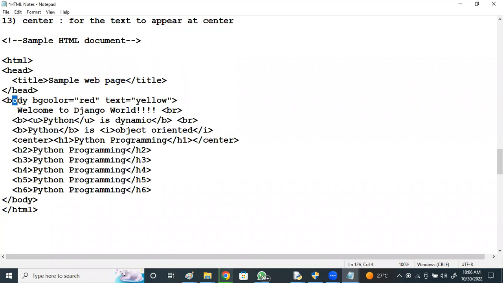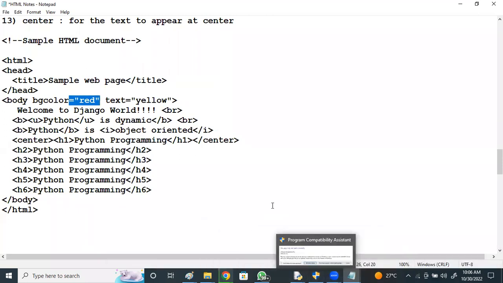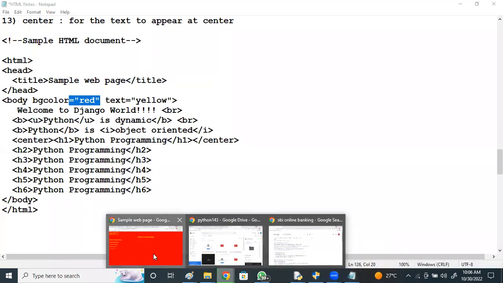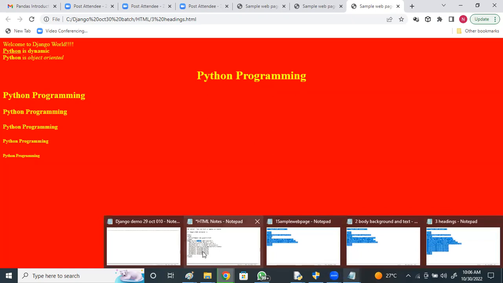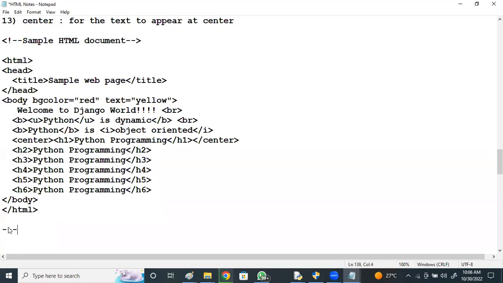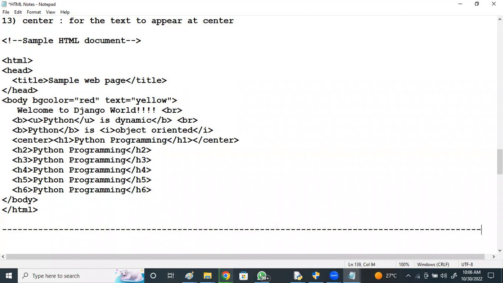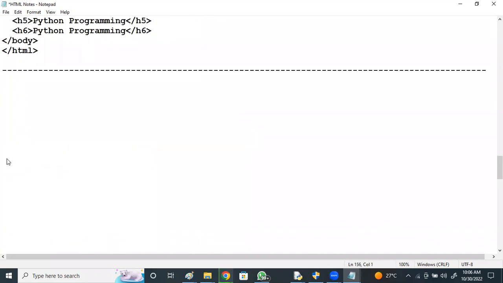Okay, this is tag, attribute, value. Next. Now just observe this. We have a tag called marquee, for displaying text in scrolling form.